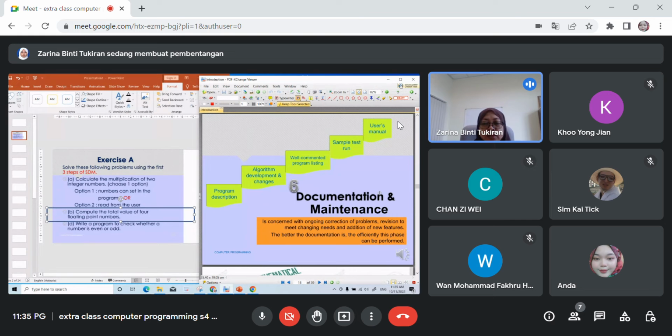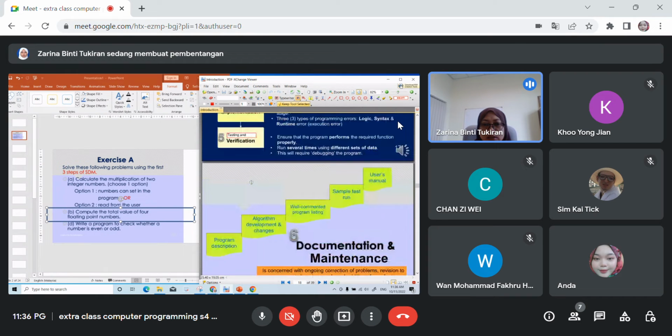The last step of SDM is to do the documentation. In this documentation, normally we will have a program description, algorithm development and changes, commented program listing, sample test run, and also user manual. Okay, right. So based on these six steps,